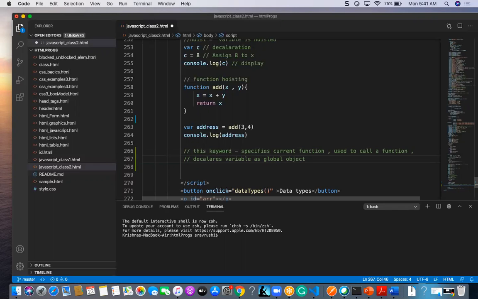So these are the different things this can do.